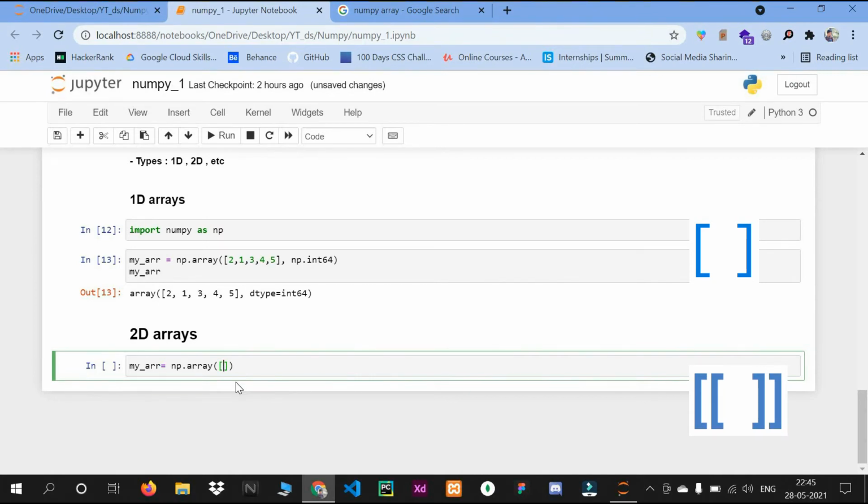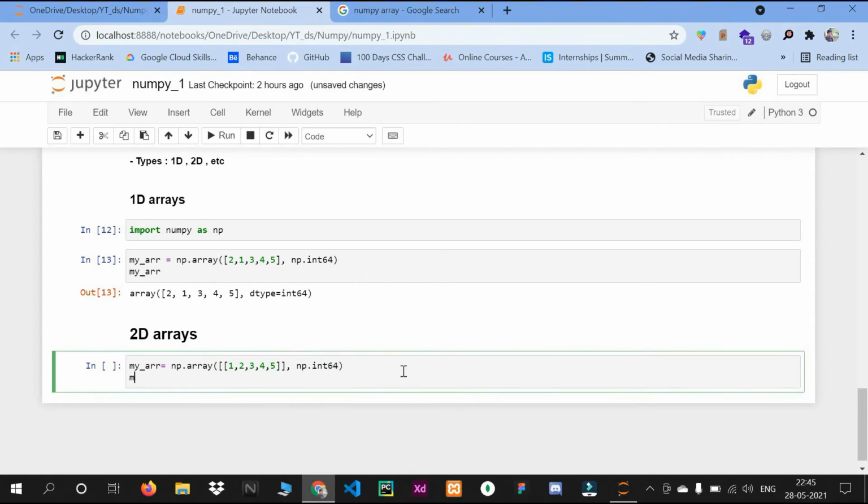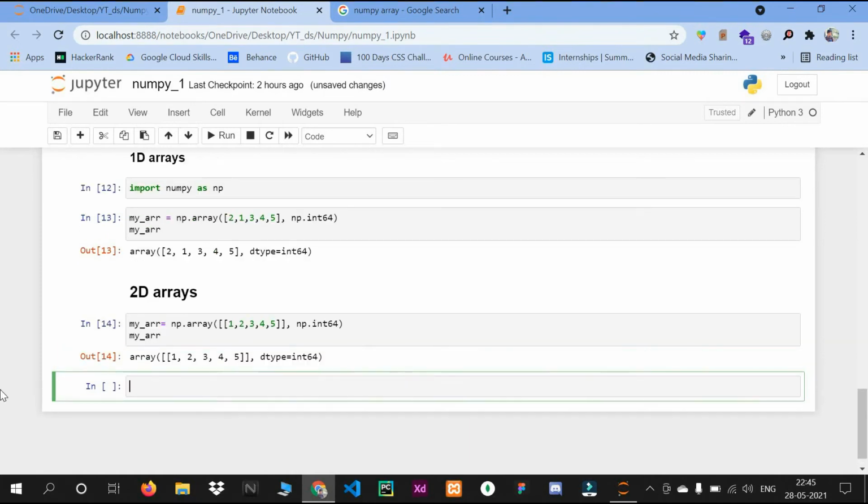So first square bracket and then the second, and in that I will pass any random numbers, and then np dot int 64, my array. So it just created our array, which is a 2D array.